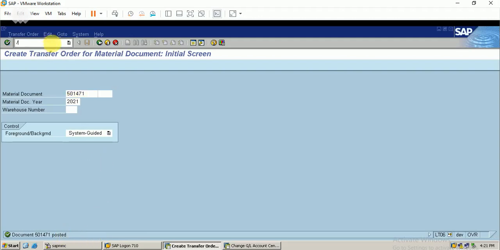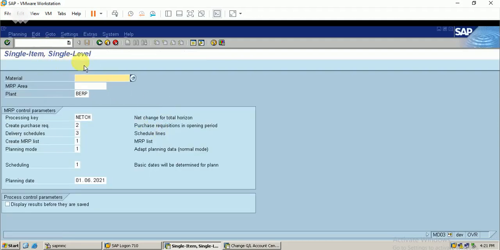So let me move on to the T code MD04. No, not MD03. That is single item, single level. So in this transaction, we can maintain the planning of the material in a single item, single level. That means that particular material.